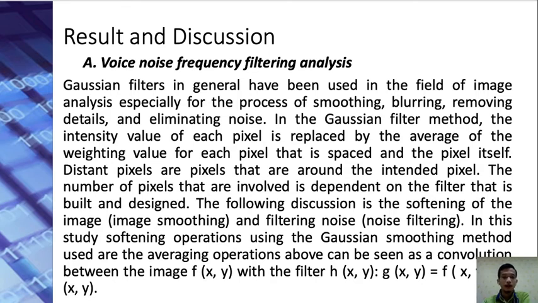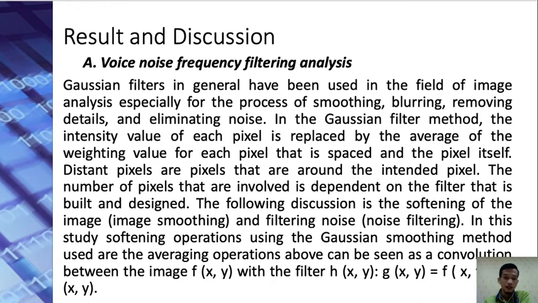Distant pixels are pixels that are around the attended pixel. The number of pixels that are involved depends on the filter that is built and designed. The following discussion is the softening of the image, or image smoothing, and filtering noise, or noise filtering. In this study, the softening operation uses the Gaussian method. The averaging operation above can be seen as a convolution between